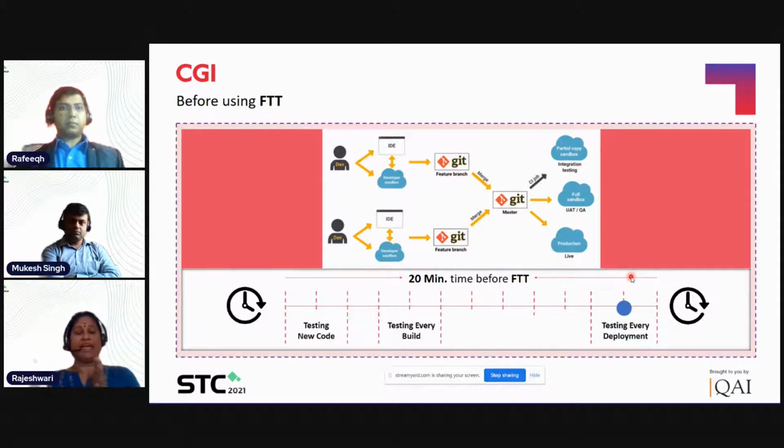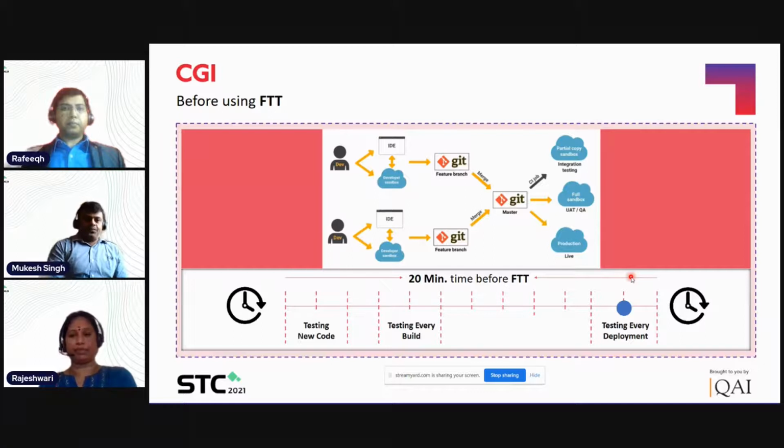Coming to the benefits, what we have achieved with this tool: we have introduced the shift left strategy here. Before using FTT, the testing was done only after the code was merged to the dev master or the development branch, and then deployed by the operations team in the respective environment. For a tester to set up a customer based environment or the test environment, it takes 20 minutes for the initial setup or deploying the build to get it into the local environment, and then we start the testing.